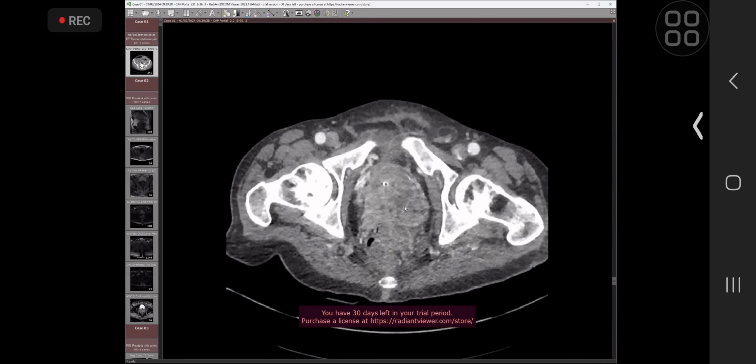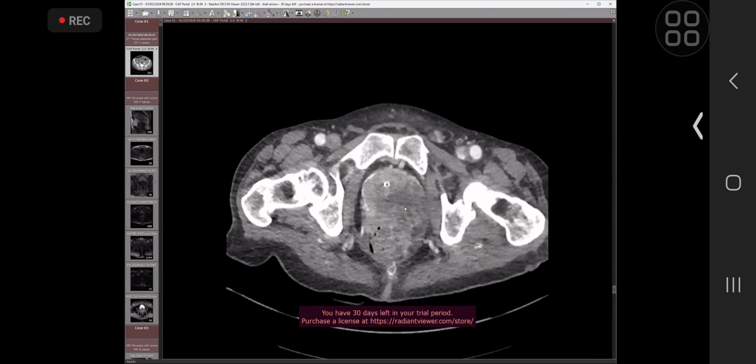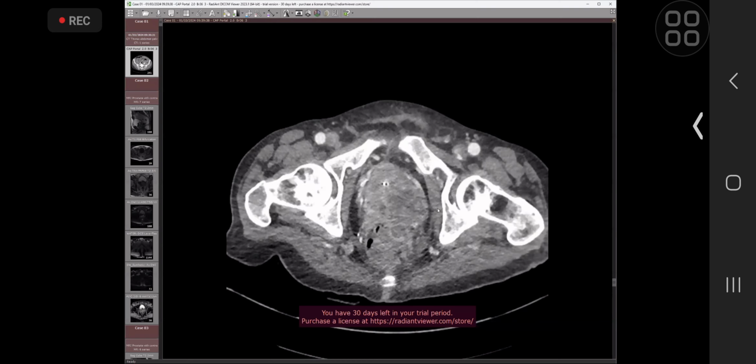Like, for instance, we typically do give contrast with prostate MRI and do that as a dynamic contrast enhanced sequence with multiple acquisitions. What I'd also say is I would be careful about stating things in the prostate on a CT. If it's very large, like in this case, then absolutely it's reasonable to do it. But more subtle things in the prostate, I see that overcalled all the time, that people suggest prostate cancer from a CT, which is a very difficult call to make. When it's obvious, but for the more subtle things, I'd be very careful about calling things in the prostate on